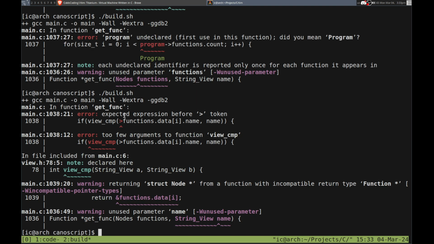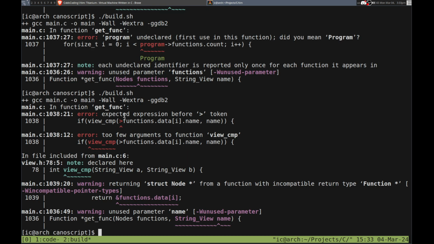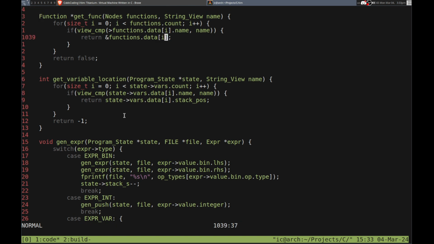Alright, wait, it's returning that. So the functions are those. Oh, shoot. Yeah, it's expecting it to return a function, not the nodes themselves. Wait, can I,